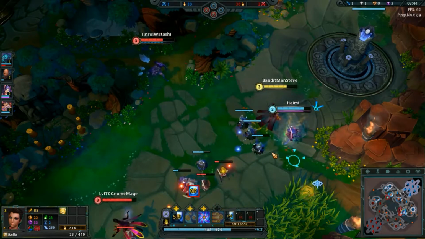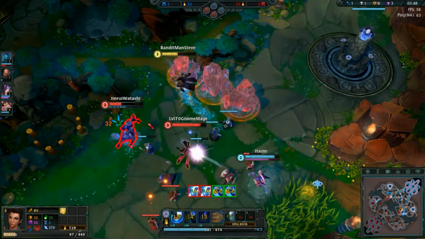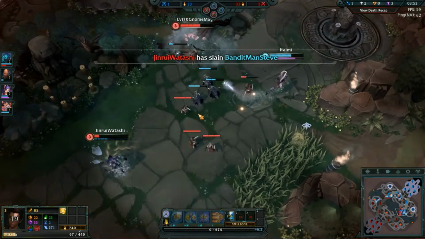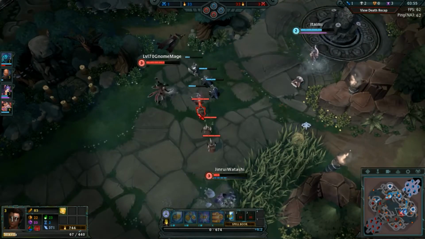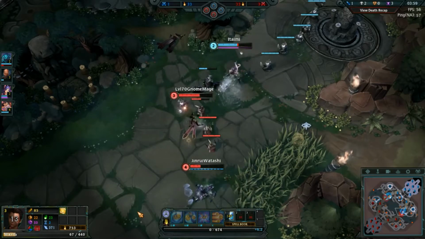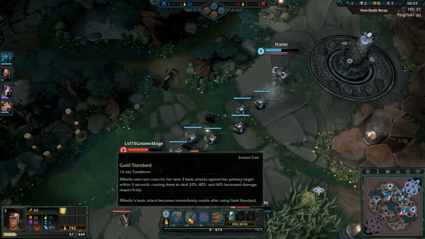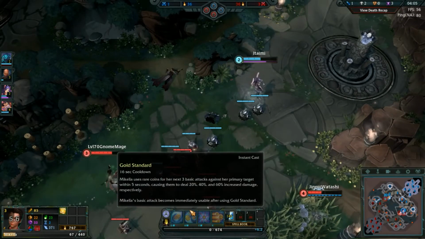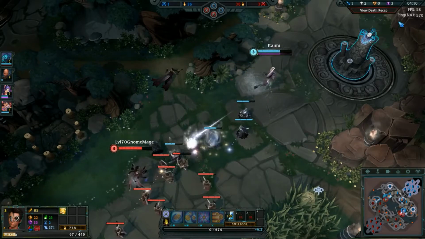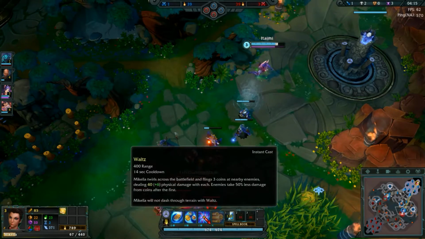Oops, I walked right into that. Shoot! Oh, dang it. Kind of almost had her. We didn't really focus good enough on that. Yeah, so we're going to max out Collateral first, followed up with Waltz, because the only thing that you get from maxing out Gold Standard is a lower cooldown. And holy crap, that was a lot of ping right there. And I'd rather have a lower cooldown on Waltz, so...